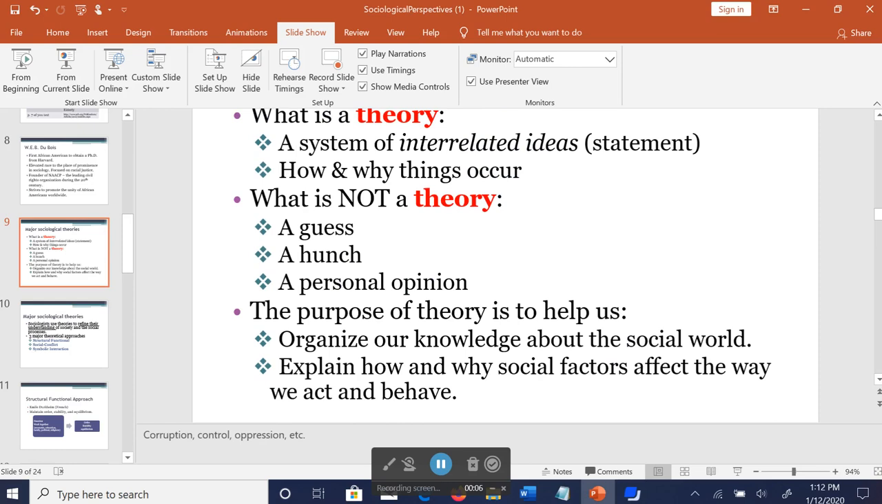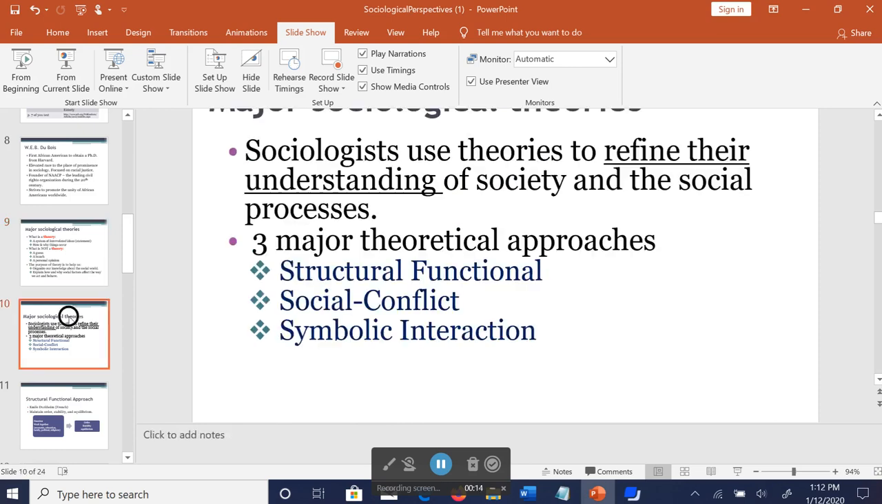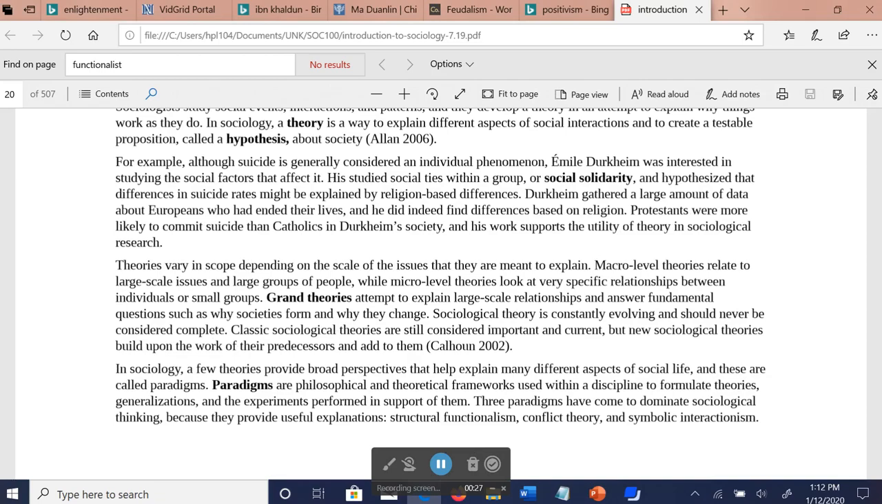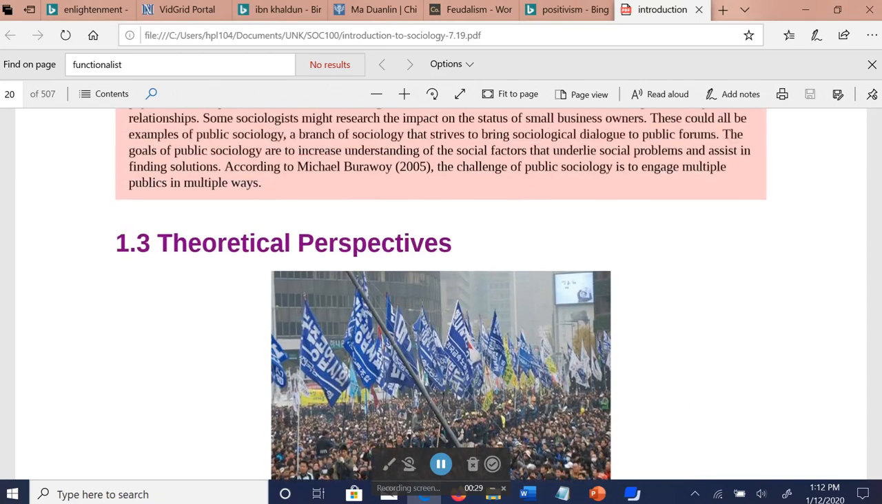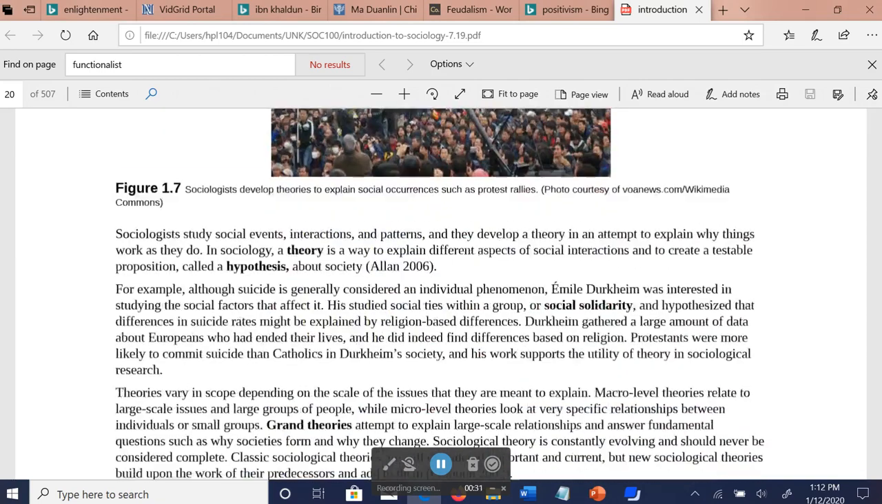So, we use theory to explain how and why things are certain ways in a given society. And there are three major theories in sociology. We've been through this before. And all these theories are essentially what we call the grand theories. So if you go to page 14 of your book,